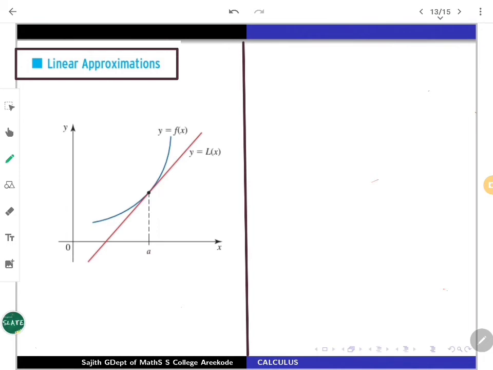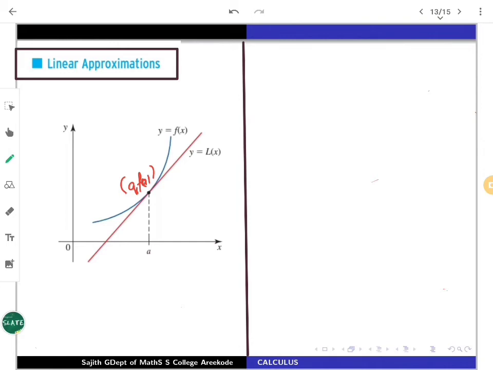So whenever y equals f of x is applied for us, you look at a point a. At that point corresponds f of a on the graph. And if your function is very nice, for example, it is going to be a differentiable function, and the tangent we are going to give at a is given by y equals L of x, then in this situation,